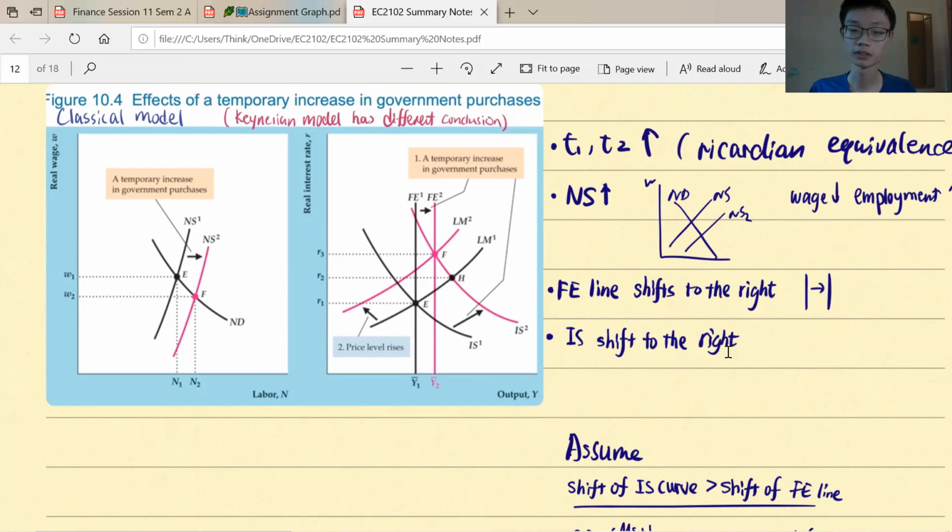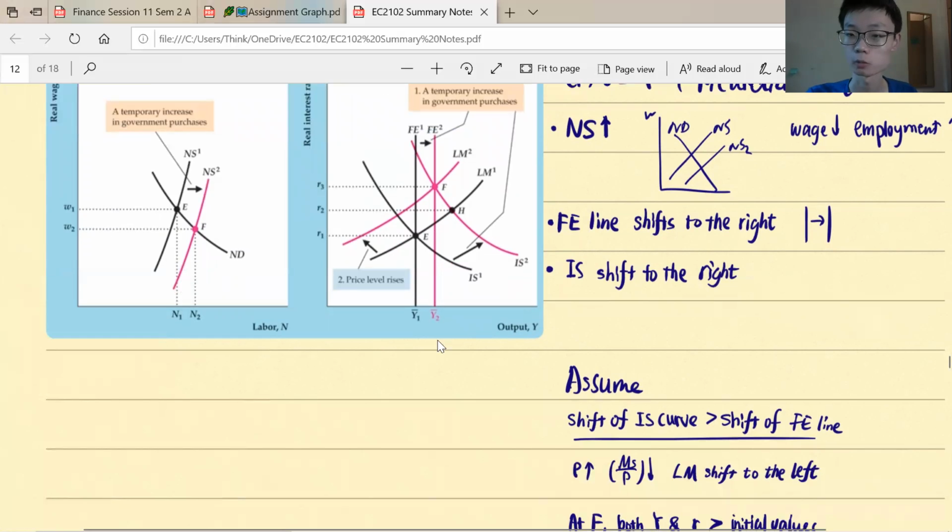And when the desired saving reduces, we don't have enough money to lend to the businesses, so the interest rate that clears the goods market will rise. That's why the IS curve will shift up. I like to call it shift up, but shift up in this curve also means shifting to the right. So the IS curve will shift to the right. And we assume that the shift of the IS curve is going to be bigger than the shift of the FE line,